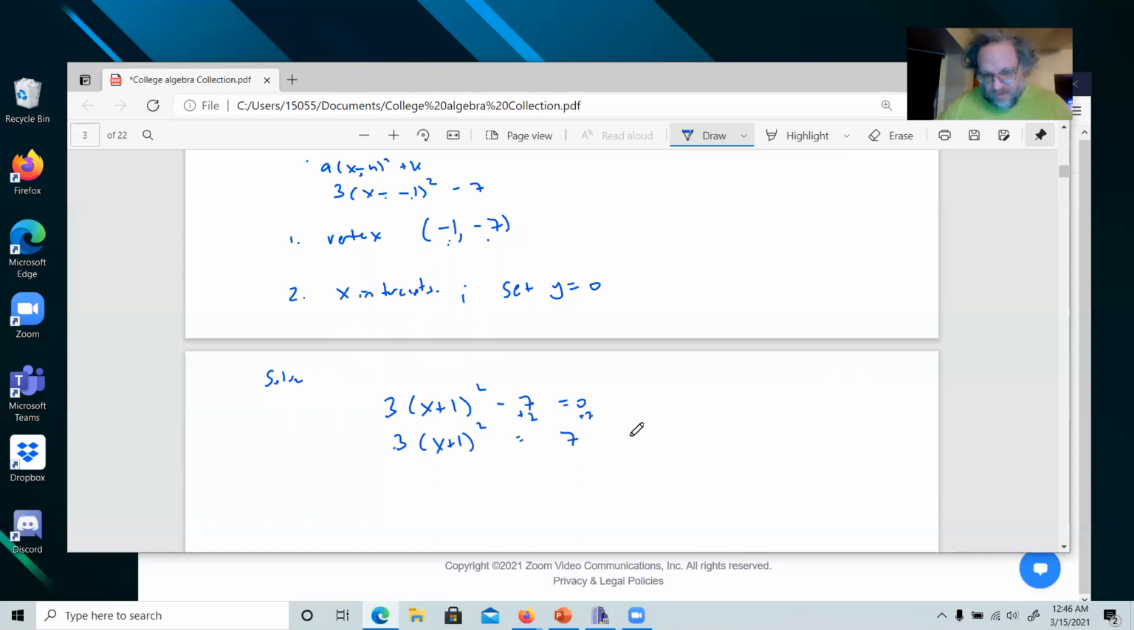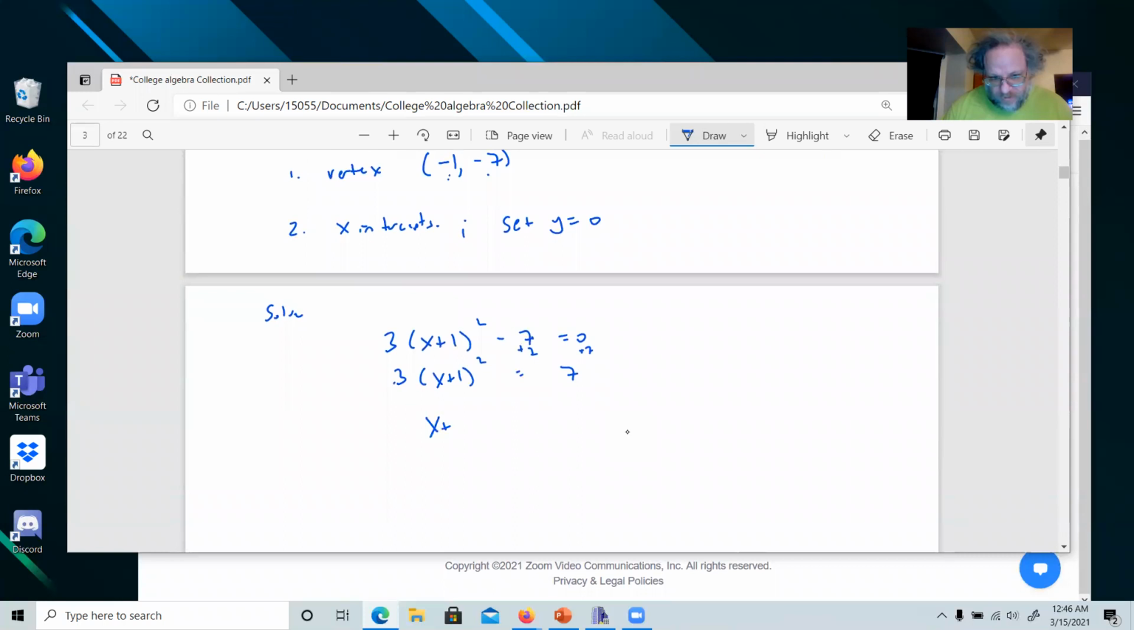Then we're going to divide by 3. X plus 1 squared is equal to 7 over 3. Okay. Notice that when you have to evaluate something, you do parentheses, exponent, multiplication, division, addition, and subtraction. We're kind of going backwards. Okay, and I should rewrite it this way,